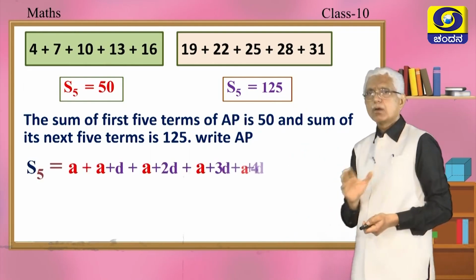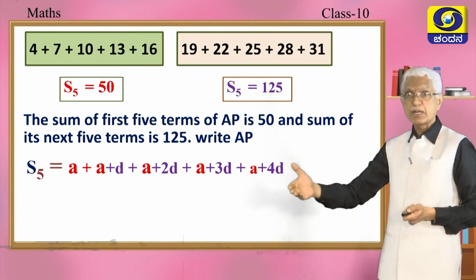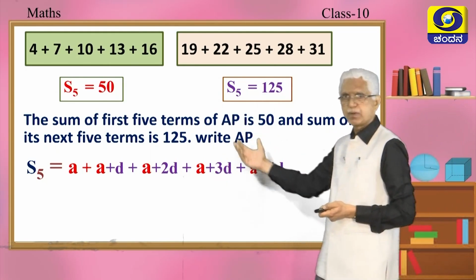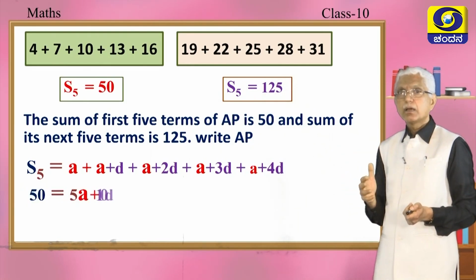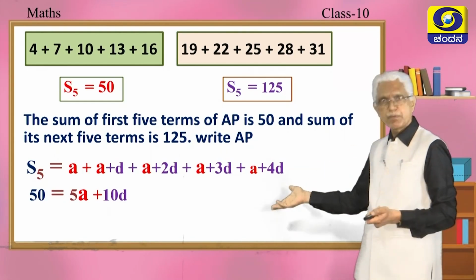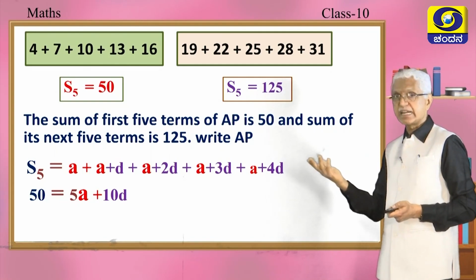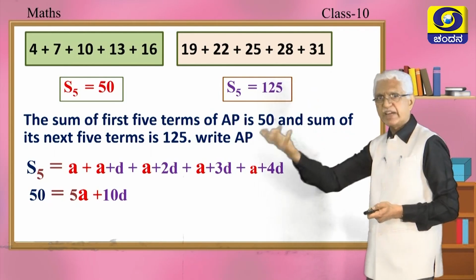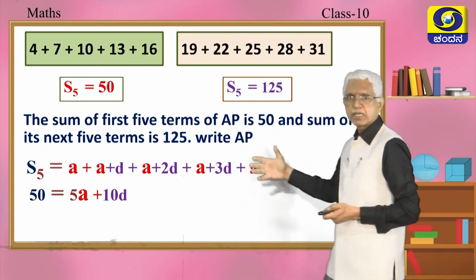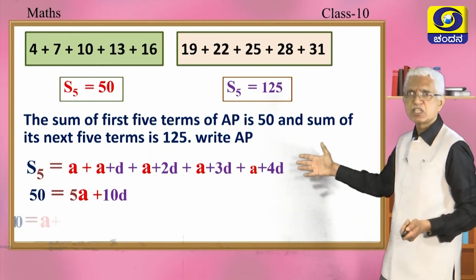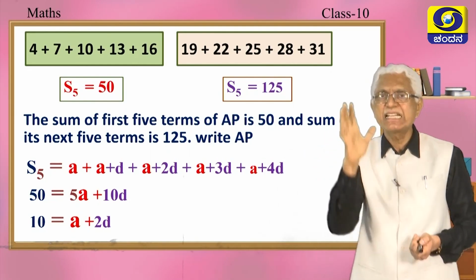Okay, please watch. What is the sum of the first 5 terms, my dear children? First term is A, second term is A plus D, A plus 2D, A plus 3D, A plus 4D. These are the first 5 terms, okay? S5, wonderful. What is S5? Sum of the first 5 terms is going to be 50, no? 50. Please check those A, how many times A is there? It is in red, no? A plus A plus A plus A plus A, 5 times, 5A. Then you have D plus 2D plus 3D plus 4D, which is 10D. So, 50 is equal to 5A plus 10D.